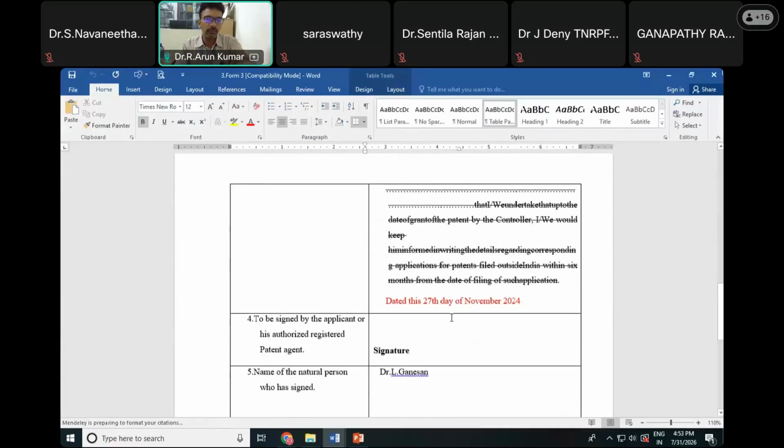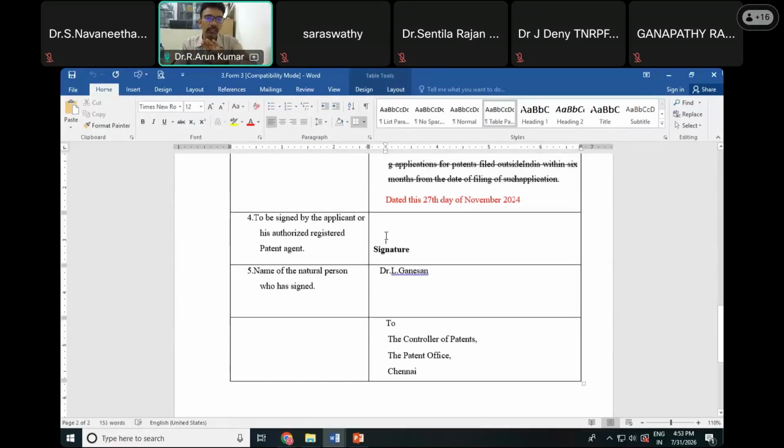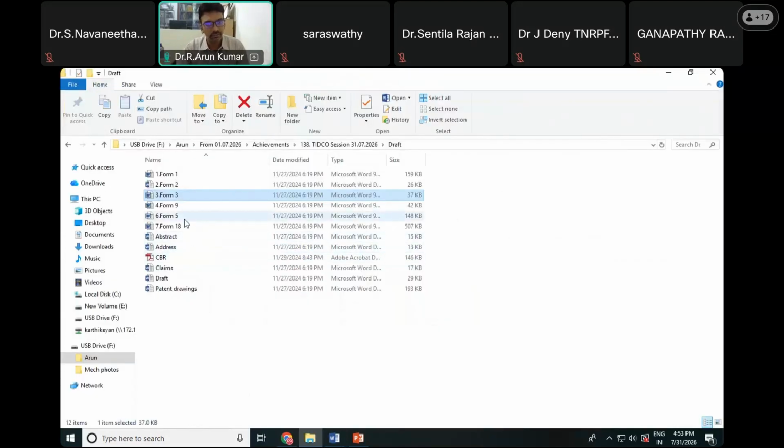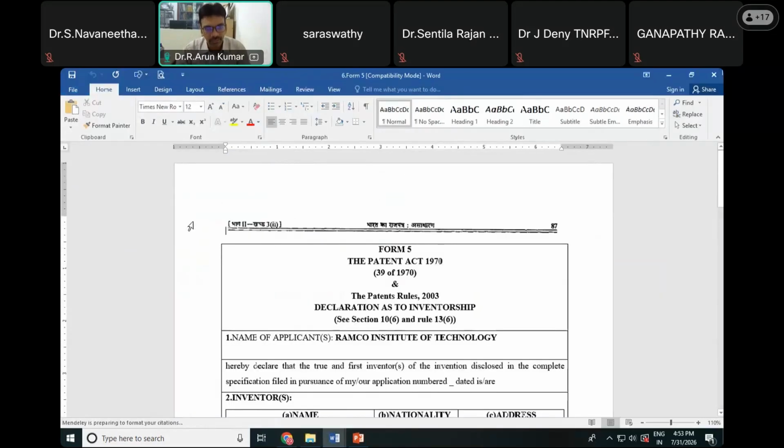Here the applicant has to sign. So here you can see who is the applicant. Once again, I'm stressing, the applicant, not the inventors. If the inventors and applicants are the same, then all the applicants have to sign here, right? So this is form number 3, and the next form is form number 5, which is meant for